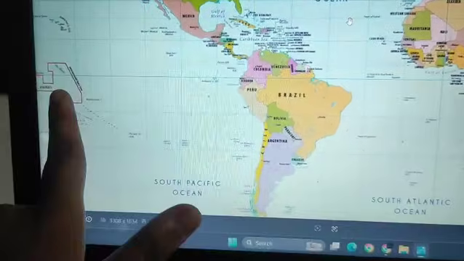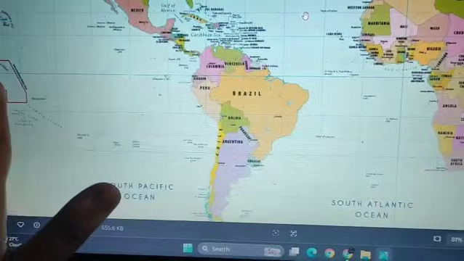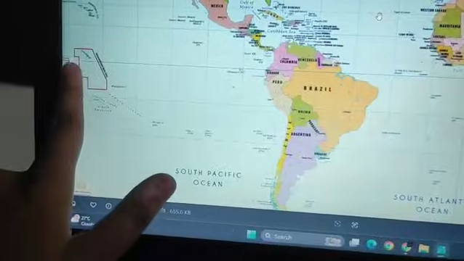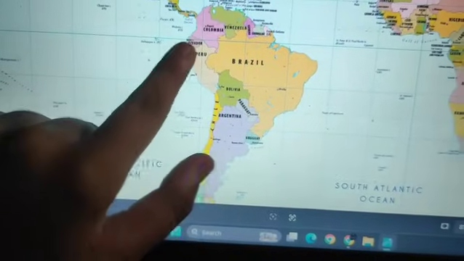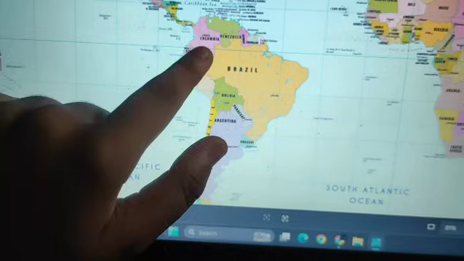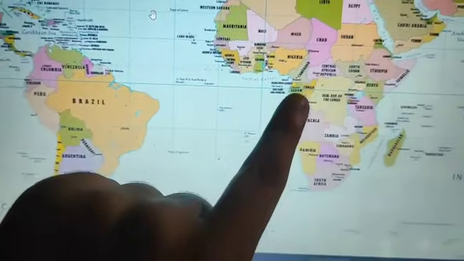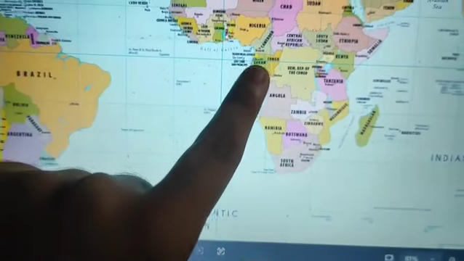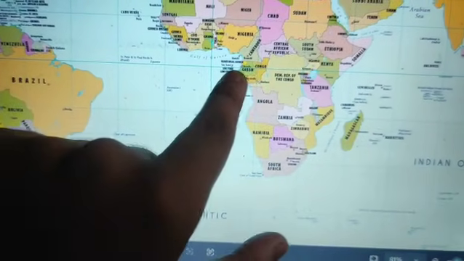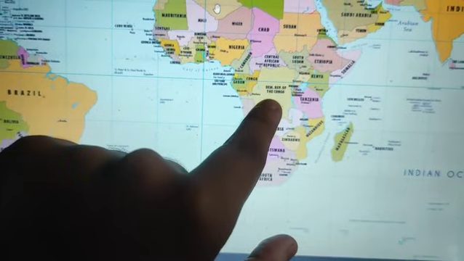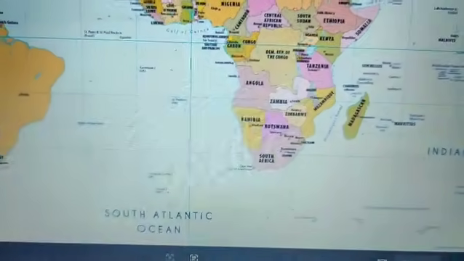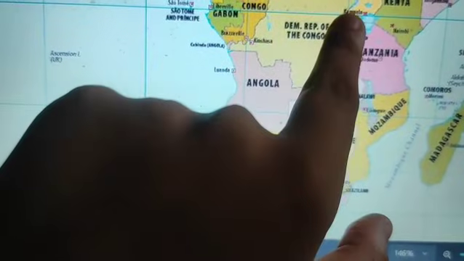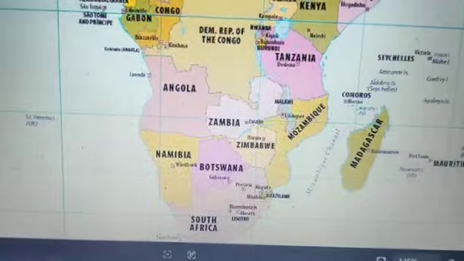So from which countries does the Equator pass? From South America, the Equator passes through Ecuador, Colombia, Brazil, and if we talk about the African nations, it passes through Gabon, Congo, Democratic Republic of Congo, if I could zoom, yes, from Uganda, from Kenya,